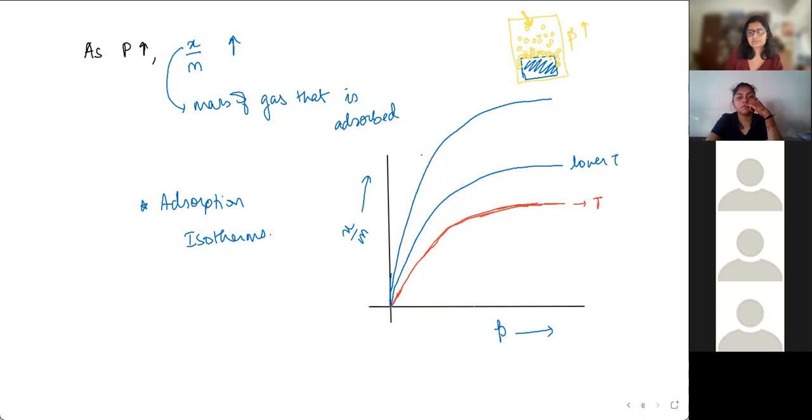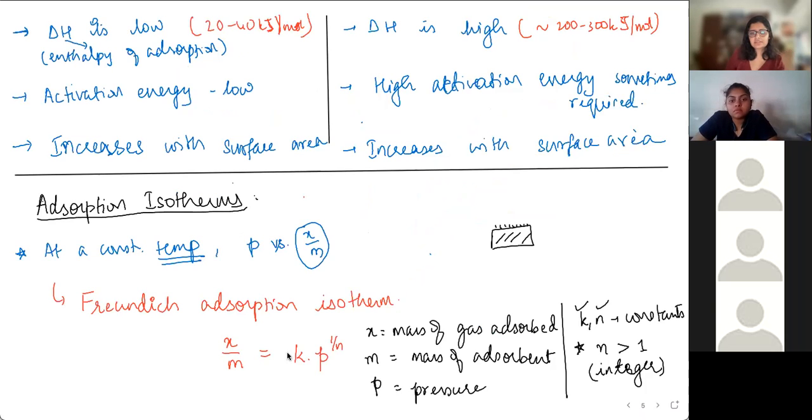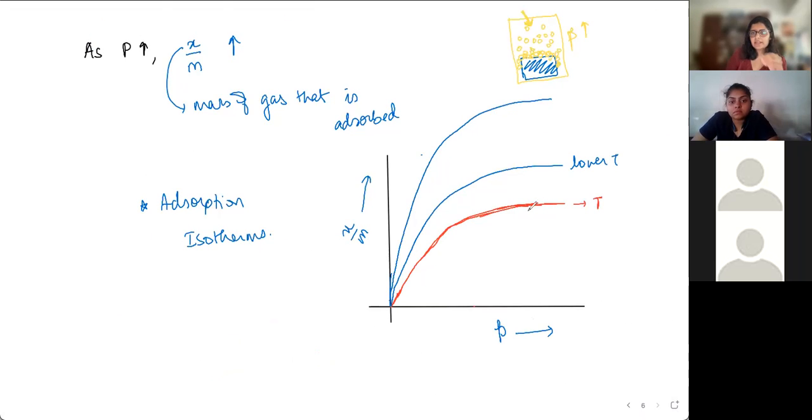Okay. So the equation associated with this is this particular equation. What each of the variables stands for, put it here. This is the isotherm, the graph related to this. It tells you how the rate of adsorption at a specific temperature varies with the pressure. And even if you keep the pressure constant, let me just draw a line at a specific pressure, you can see the variation with temperature also.